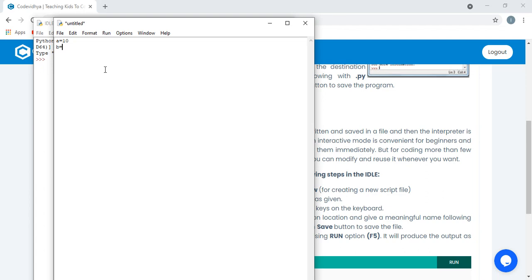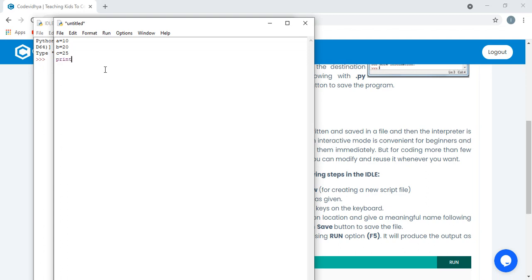First tell me the value of B. Suppose we are taking 20. Okay. Then we take the C variable and the value for C will be 25. Okay. Now what do we have to do? Tell me. Now print. Very good.